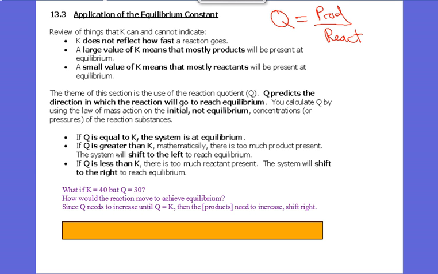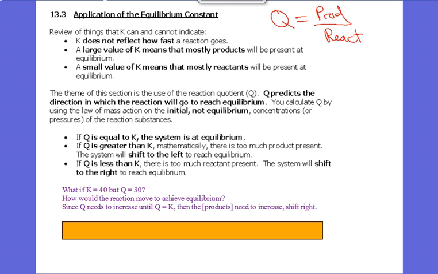Then we got to this concept of, well, what if we're not at equilibrium? So K is at equilibrium. What if we're not there? There must be some mathematical way of measuring it. Of course there is. We call this Q. Q is the reaction quotient. It's the exact same equation, but Q could have 1,000 different answers because you're not at equilibrium. But a reaction should be moving in that direction if all the chemicals are mixed together and the conditions are